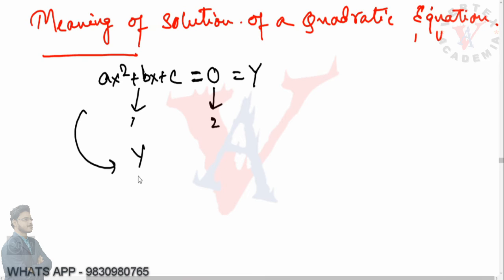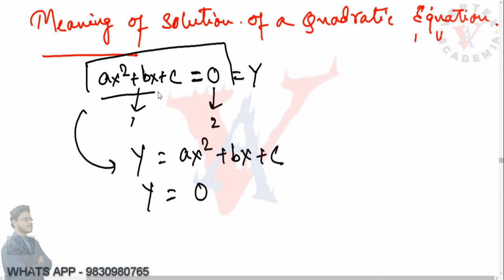Okay, so now let us consider y equals ax square plus bx plus c, and again y equals 0. From here come two outcomes. Now, when we solve ax square plus bx plus c equals 0 and find some value of x, that means we are finding a solution. Then basically what we are doing,